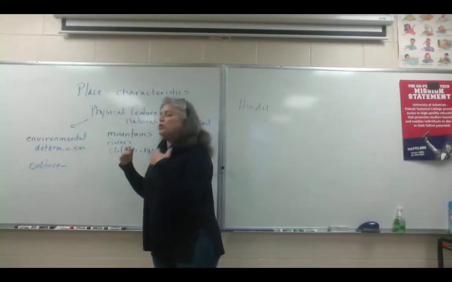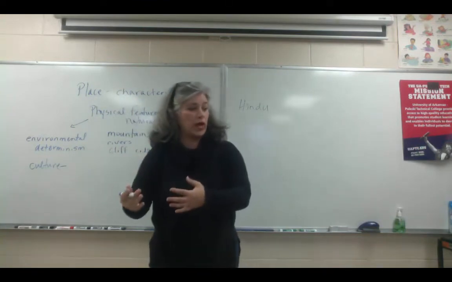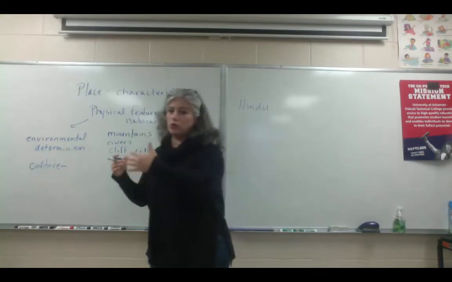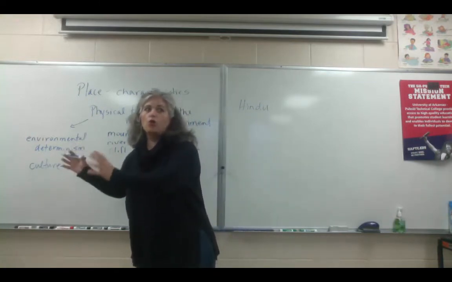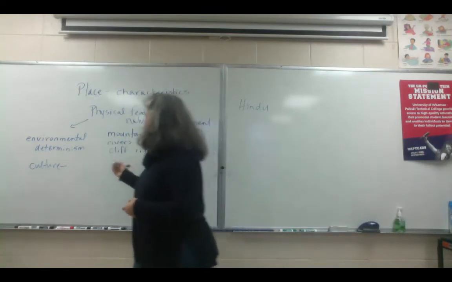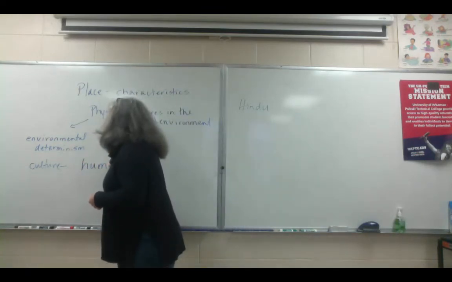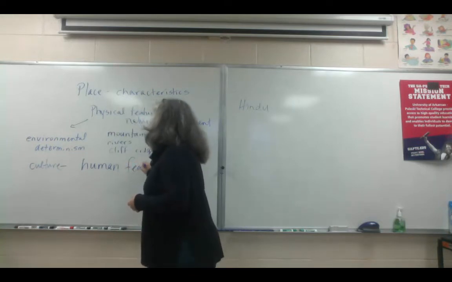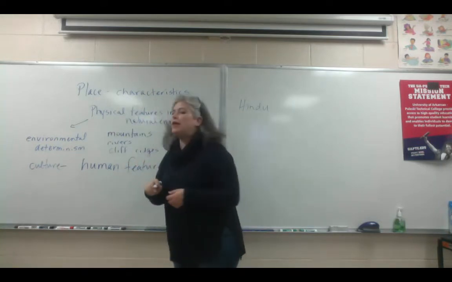Okay, questions. So environmental determinism, you can relate it to these physical features in part of place. And this is how we would describe, even in relative location, "it's the house right beside the great big oak tree." That vegetation and those physical features. Okay, so there are also human features to a place. Meaning what?